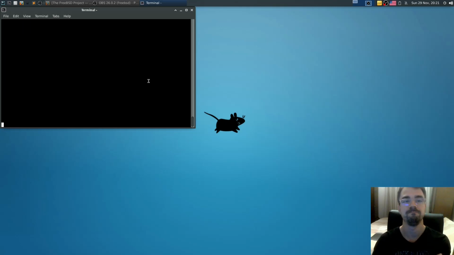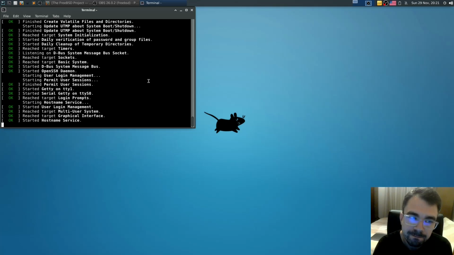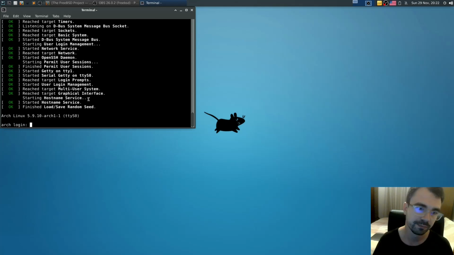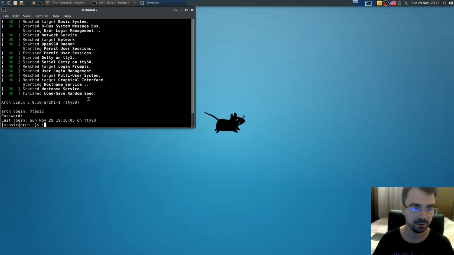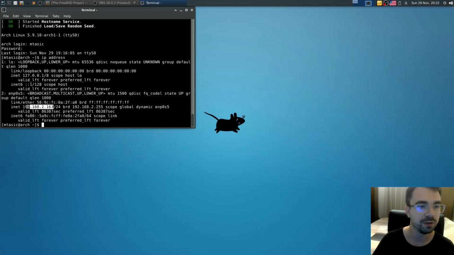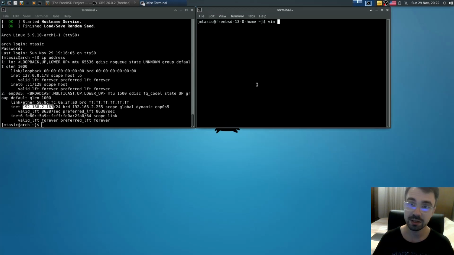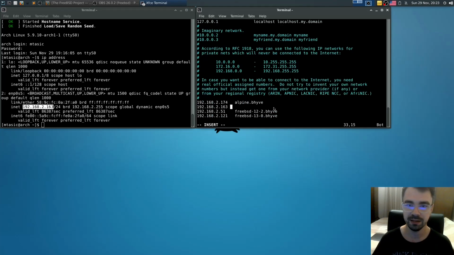Now it works. That was interesting. Okay, let's log in as mtasic. Let's check the IP address. The IP address we got is this one. So I'll use that address in vim /etc/hosts, paste, and this will be arch.beehive.